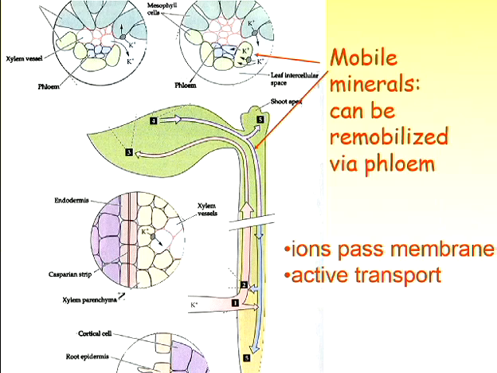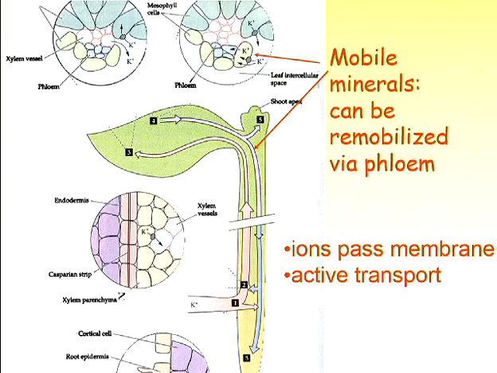So far, what you saw was that the mineral started in the soil water solution. It moved through the root symplast via the xylem apoplast into the leaf symplast. That isn't necessarily the final destination of our mineral. I already said it might move further through more membranes to get into a certain organelle. But also at some point in the life of the plant, it may want to remobilize our mineral to other